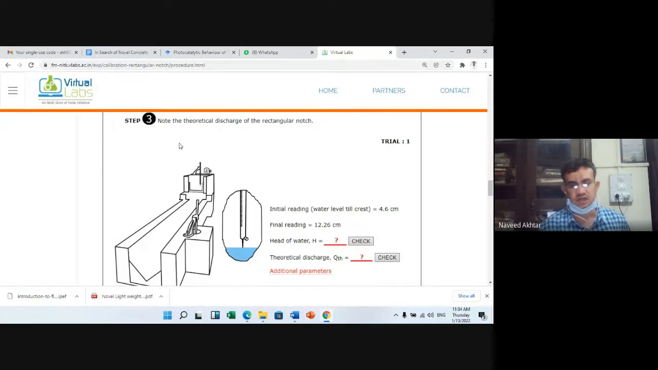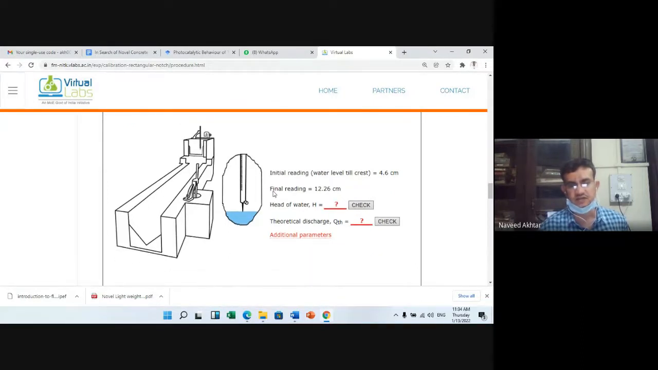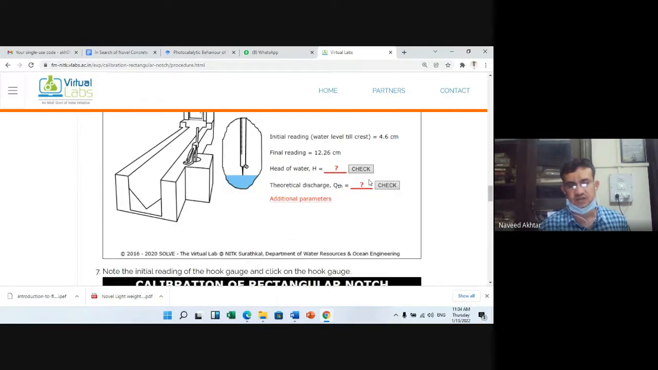Then after noting the initial and final reading, you can find out the difference in head of water. You can write it down here and check it is right. Then you can select three suitable discharges using the formula 2 by 3 CD L under root of 2G H to the power of 3 by 2. Put all the values and you can find out the